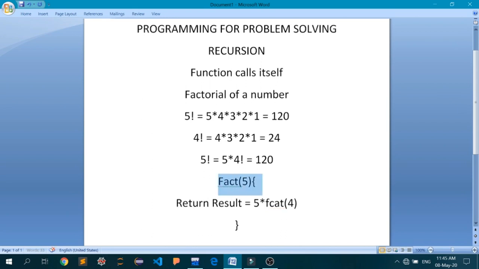Now this factorial 5 is returning me this result, or more simply, let me cut it, paste it, and we'll just return result.